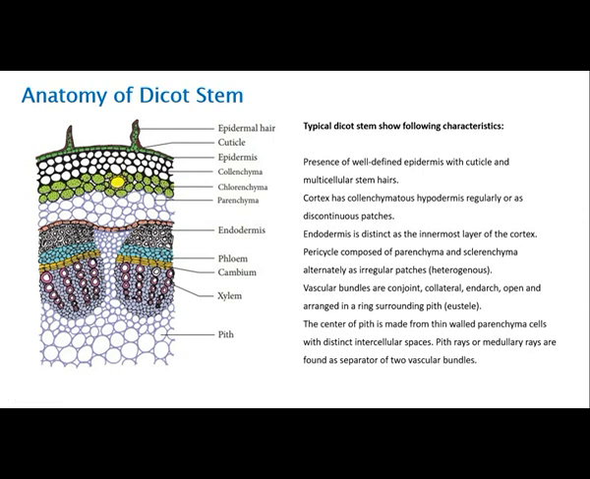Now the pericycle is situated below the endodermis. It is multi-layered and sclerenchymatous. It was parenchymatous in case of root. So in dicot stem, the pericycle present in front of the vascular bundle is made up of sclerenchyma and the remaining